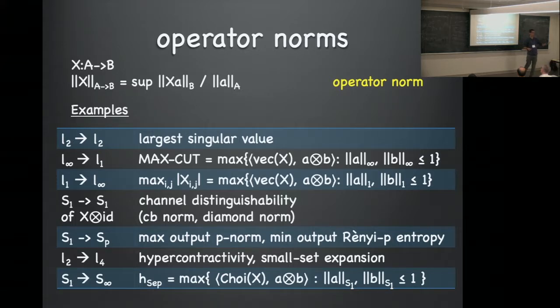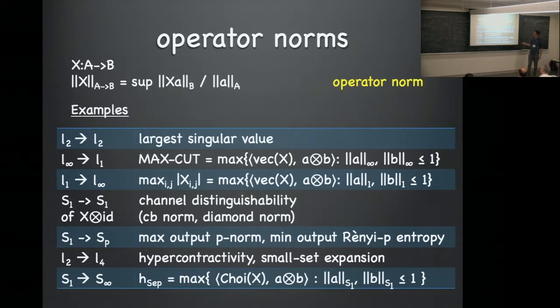And because that's dual to the L infinity norm, I could also think about this as I take the matrix X, I just write it as a giant vector, and I take the biggest inner product I can with something in the form A tensor B, where A and B both have infinity norm at most 1. So if I think of A and B as both plus minus 1 vectors, this is very close to the max cut problem. I just want to choose A and B to make,